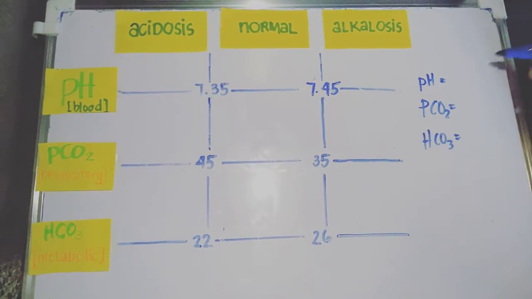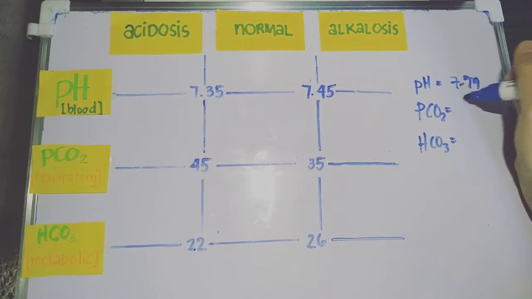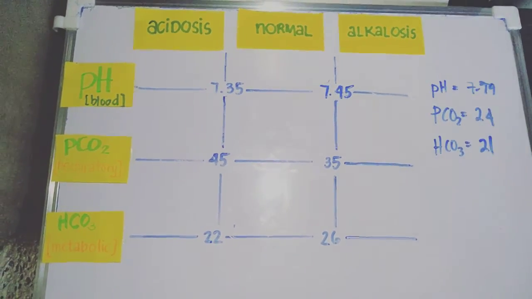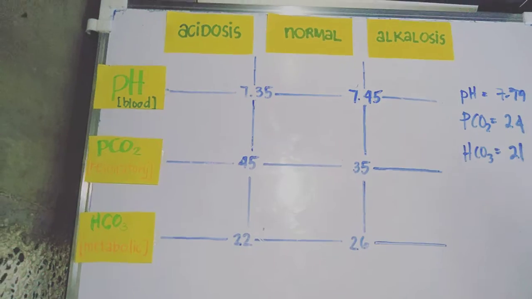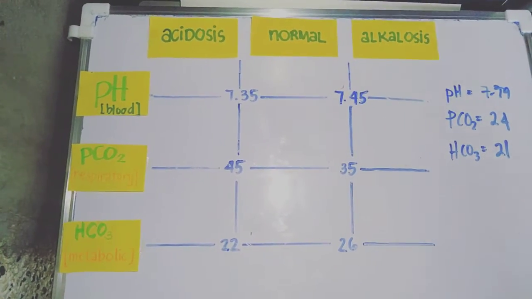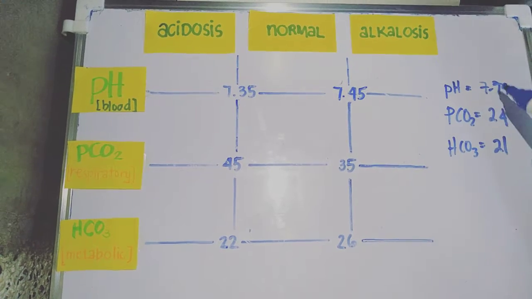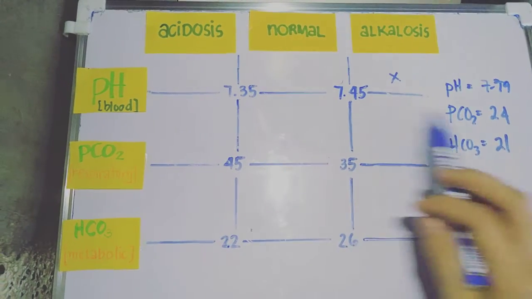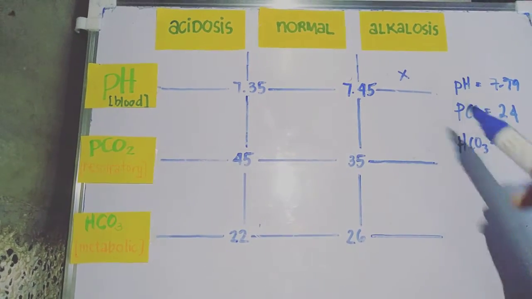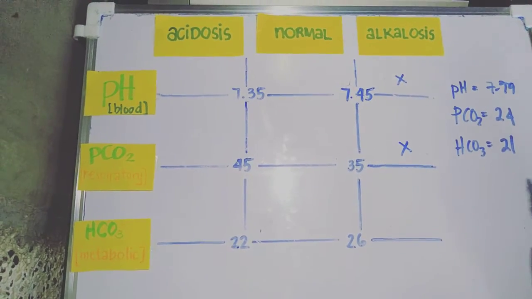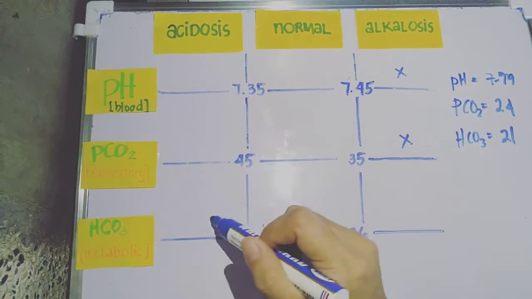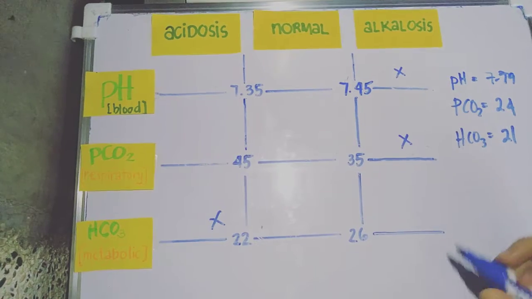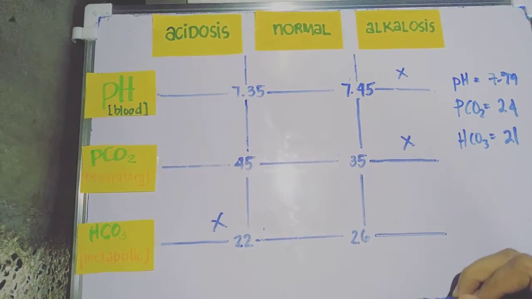We have, for example, a 7.79 pH with 24 partial pressure of carbon dioxide and 21 bicarbonate. So using the tic-tac-toe method, we have to tic-tac-toe the components. Here we have the pH under alkalosis. And for the carbon dioxide, we have 24, so it falls under here. And for the HCO3, it is 21. So we have a tic-tac-toe in the side. So we can say that it is a respiratory